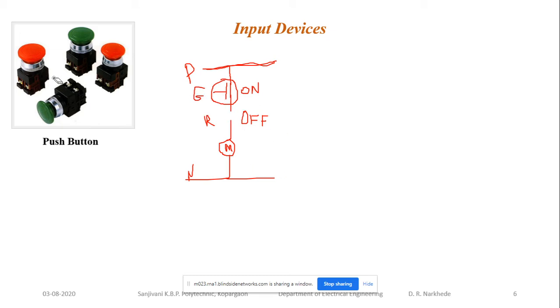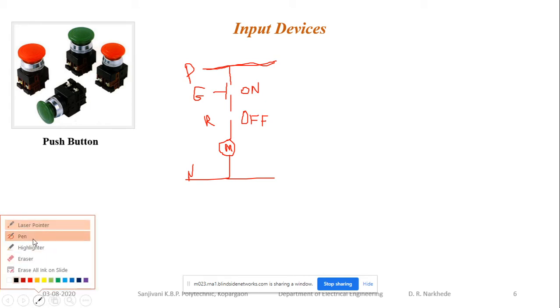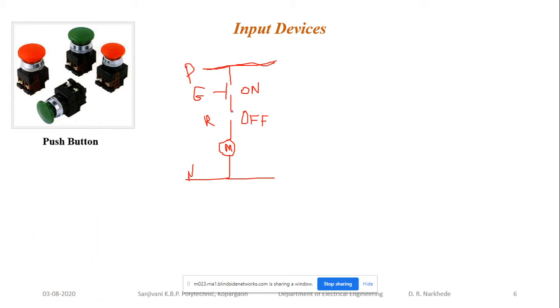Is it clear? So basically these are push and release type, but if I want to maintain the working state, मला जर याला वर्किंग स्टेटमध्ये मेंटेन करायचं असेल तर वर्किंग स्टेटमध्ये मेंटेन करण्याकरता काय लागेल, I need to continuously press it. Okay, so one hand of the operator is continuously engaged in pressing this button so that the machine is in running condition. So to avoid that, for that purpose we are going to use the auxiliary contact of your contactor or motor in series with this one.